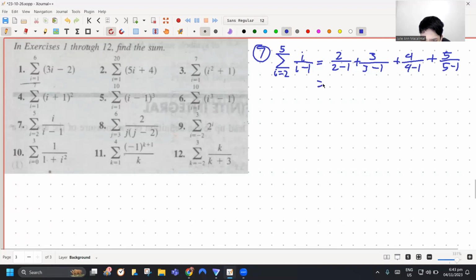So 2 over 2 minus 1 plus 3 over 3 minus 1. Okay, and then let's simplify that. So, ang least common multiple nila ay 12. So, 12. Tapos, 3 times 6 plus 4 times 4 plus 5 times 3